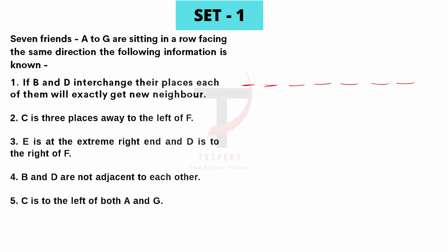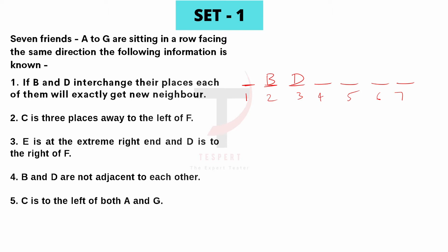If B and D interchange their places, each of them will exactly get a new neighbor. We have many cases here. If I place B at position number 2 and D at position number 3,